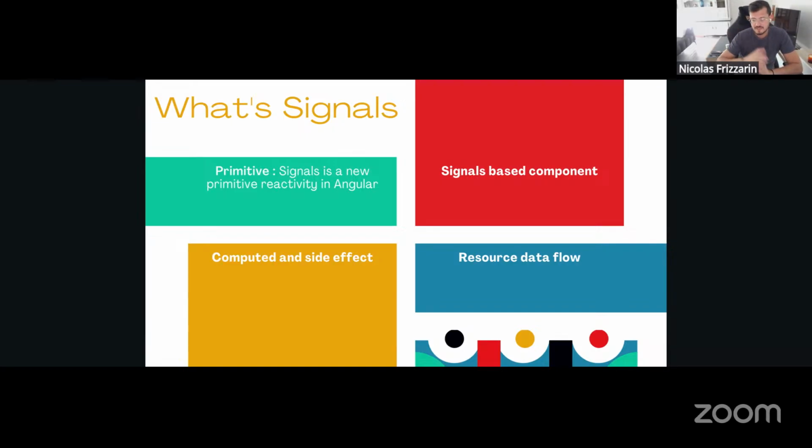Nowadays it's a good practice to use signals for state and observables for events. The goal of signals is not to replace observables. It's just to manage the state of the view, and observables will be used to manage events, or user events. So nowadays it's a good practice to use signals for state,